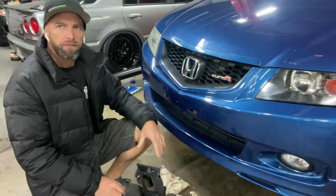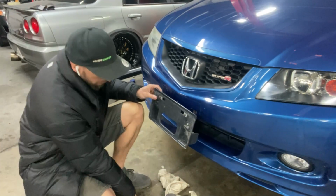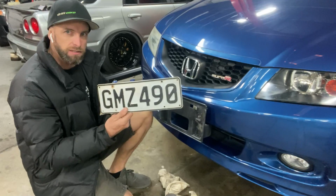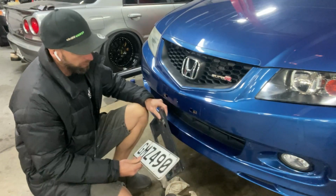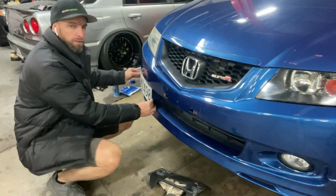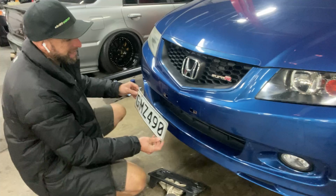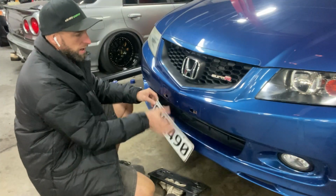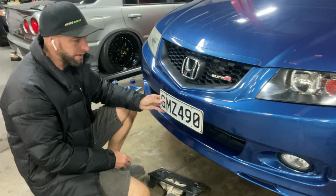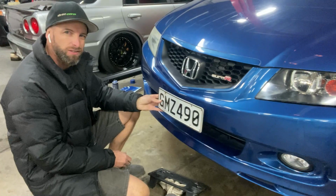Okay, so I wanted to tidy up the front of the car a little bit. I've gone ahead and taken off the number plate bracket, which was quite big for the Japanese plate. Our plates are obviously a lot smaller here in New Zealand, so that was pretty excessive. It left some pretty big holes. I did originally want to mount the plate off to the side somewhere, but I'm probably going to have to hide these holes again. But I think something like that is just going to be a lot cleaner and tidier. I'm a bit of a fan of mounting it off to the side, but it's just not really practical